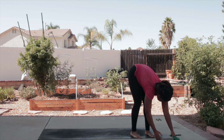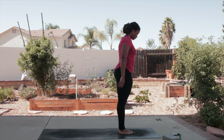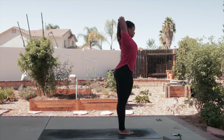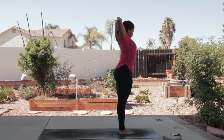First thing you'll do is stand up straight, feet touching, and you will raise your right hand, bend it behind your head, and grasp your right elbow with your left hand and pull down and take deep breaths in for 5 breaths, and then switch to the other side, grasping your left elbow with your right hand and pulling down,